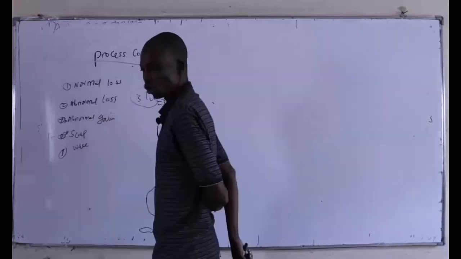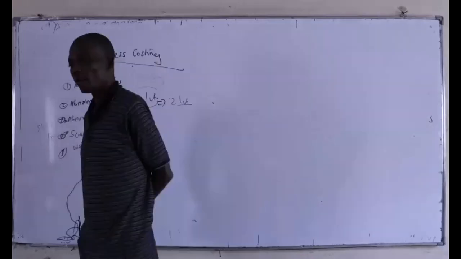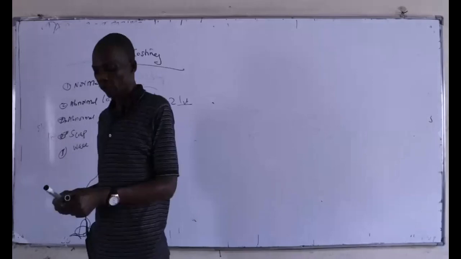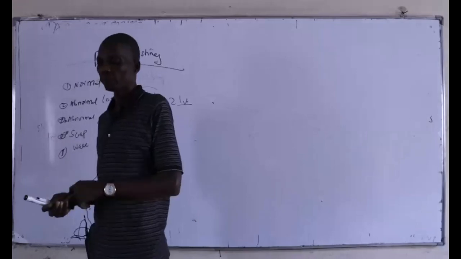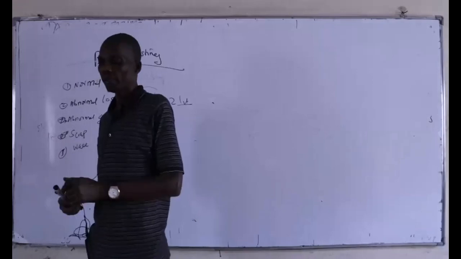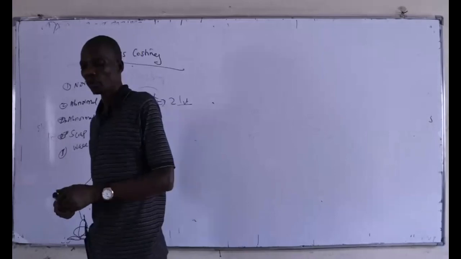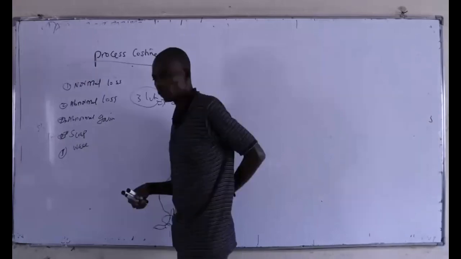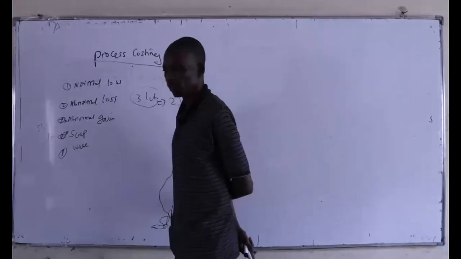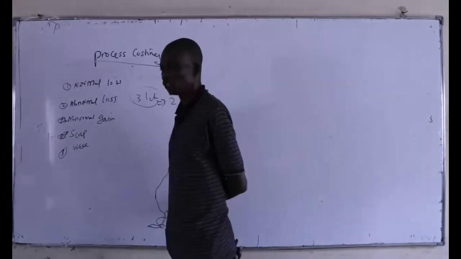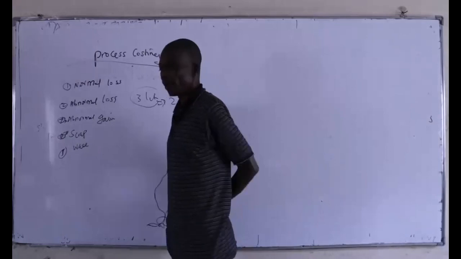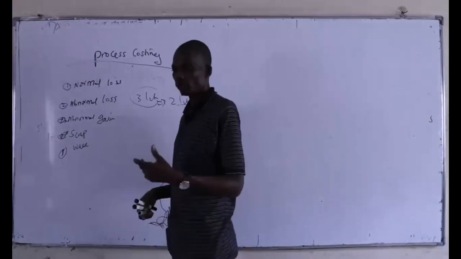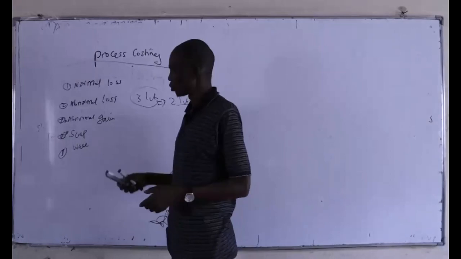Now, depending on the nature of the operation of the organization or the farm, usually the normal loss is that which cannot be avoided. It is expected by virtue of the operation in place. So the normal loss is usually computed in advance, and the cost of normal loss is absorbed in the good production. So normal loss, by definition, is simply that lost